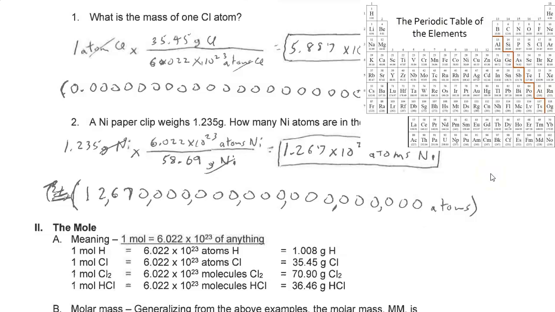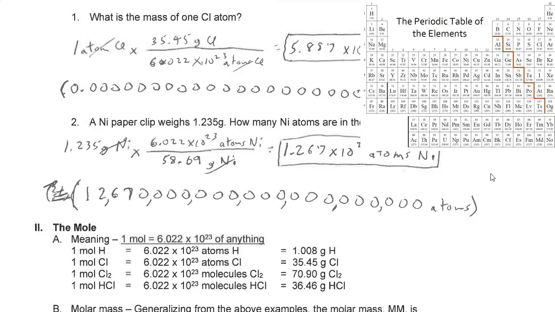Moral of the story, atoms are really, really tiny. You probably knew that before you took this course, but now you can tell me how tiny they are. Do you think you could ever count all the atoms of nickel in a paperclip? Probably not. I don't think so. Is 1.235 grams a reasonable sample size that you're going to run into in the lab? Yep, that's something you're going to run into in the lab all the time. So notice that you can't necessarily count them all, but you can calculate it because you know something about Avogadro's